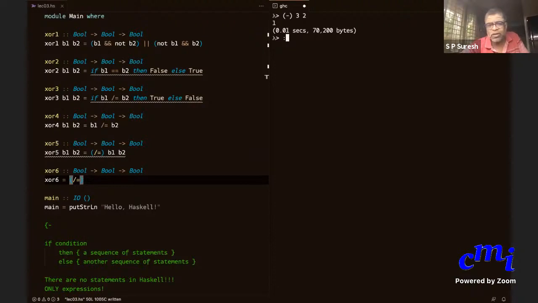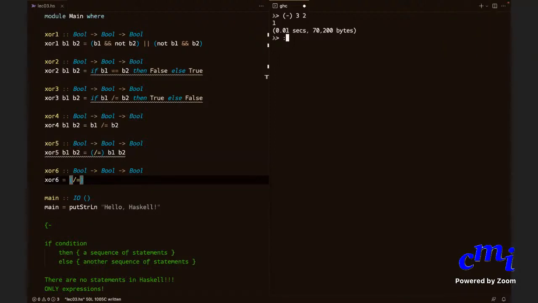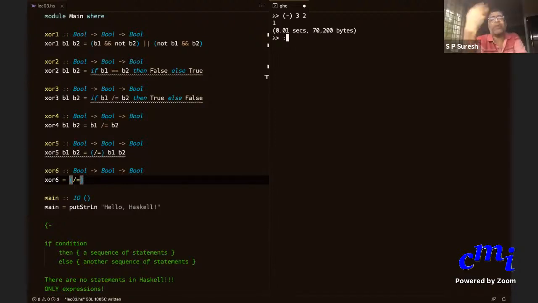Does that make sense? Every language has to provide a few basic facilities. And not equal to is a basic facility that is being provided by Haskell for certain types, not for every type. Bool is a built-in type. You will later see that you can build your own types. But bool is something that is already provided to you. For all the types that are already provided to you, certain basic functions are also provided, like equal to, not equal to, at the very least.